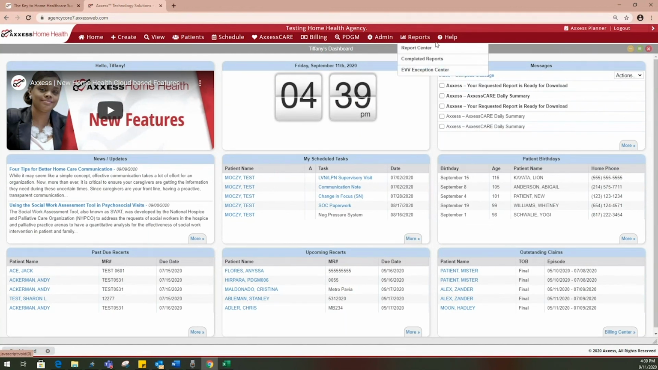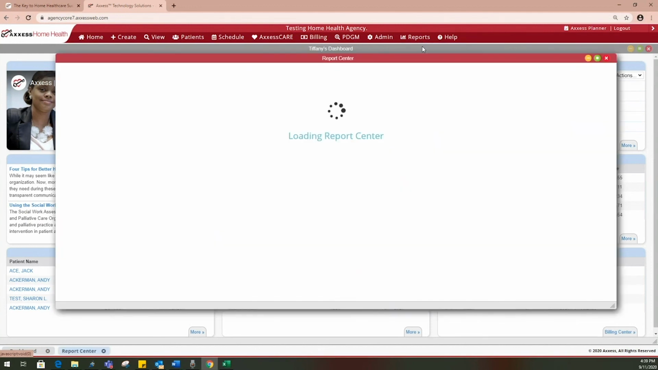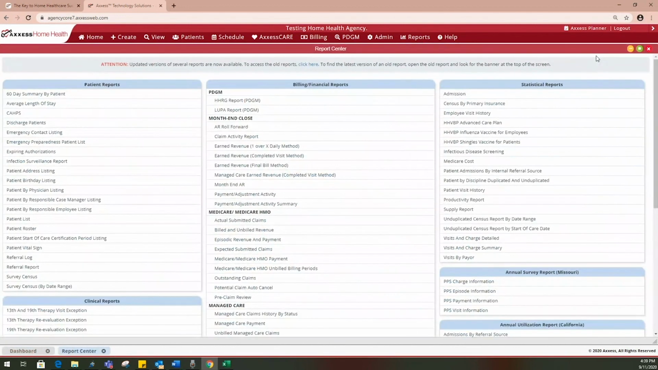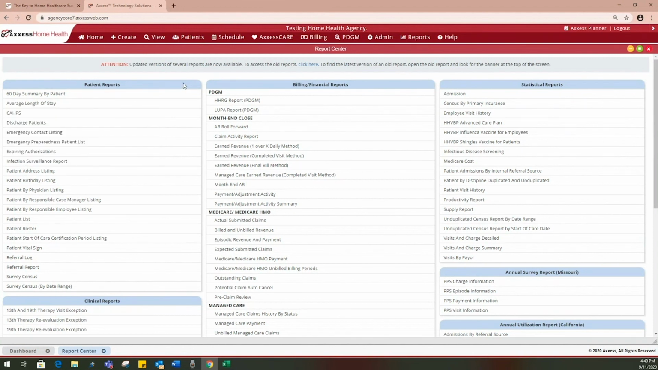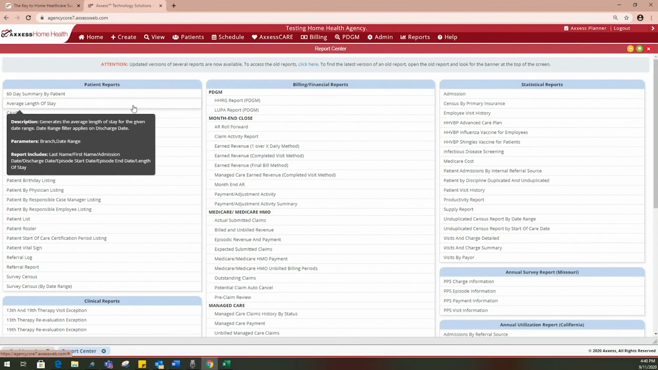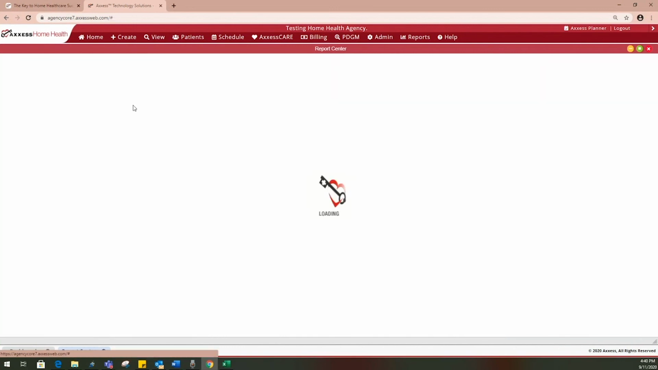Under reports, you have report center. All of our reports are grouped into categories. So you have patient reports, billing, financial reports, statistical reports, and users will be able to see whatever is assigned to their permissions. In each category, the reports are in alphabetical order. If you hover above each report, you'll get a description, what the search parameters are, and what the report will include. If I select average length of stay,